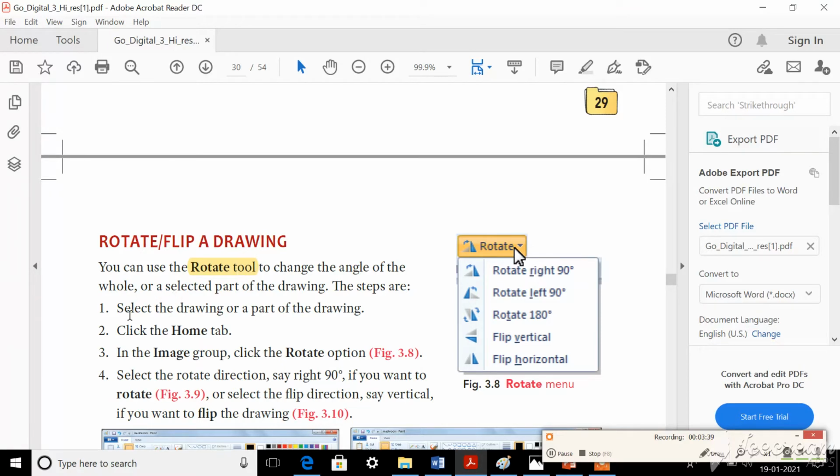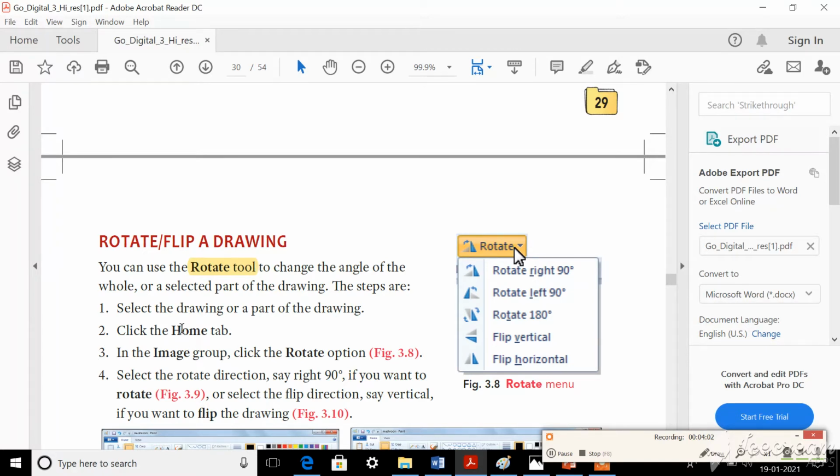Okay, so we are going to select the drawing first. Either you can select the entire drawing or a part of the drawing. Now we are going to use only the image, isn't it? So we can select the entire image or a part of the image can also be selected.